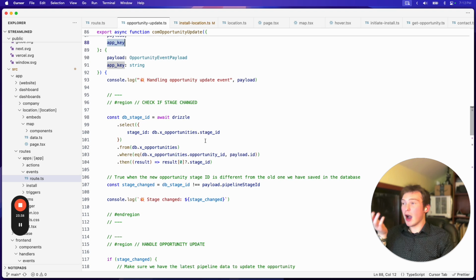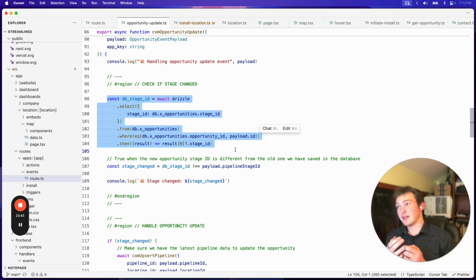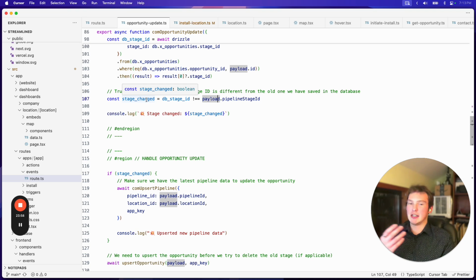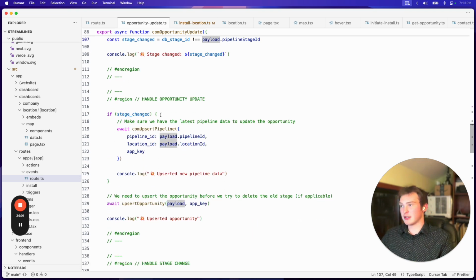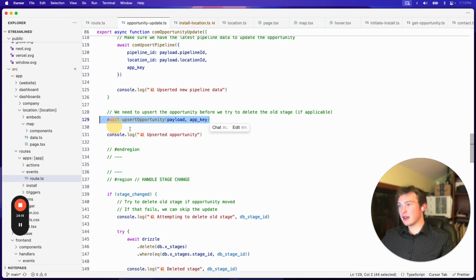And then for opportunity update, what we do is we check if the stage changed. So this is similar to checking if the address changed because we're pulling out the previous stage ID and then we're assigning this Boolean, which is stage changed, true or false. So if the database stage ID is different from the new stage ID, then stage changed is true. But if it's the same, then stage changed is false. And so if stage changed is true, then we're going to have to re-upsert the pipeline just to make sure that we have this current stage there, okay? And then,